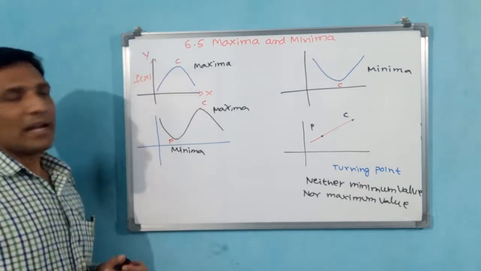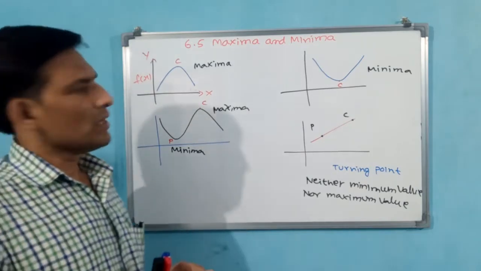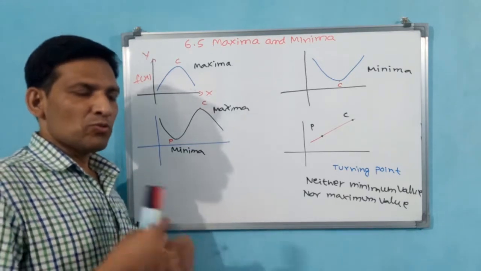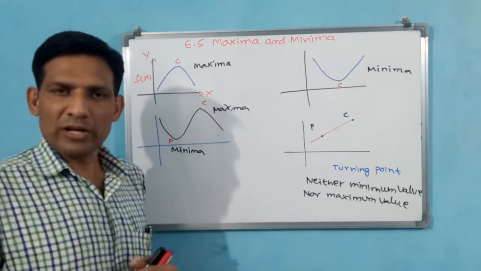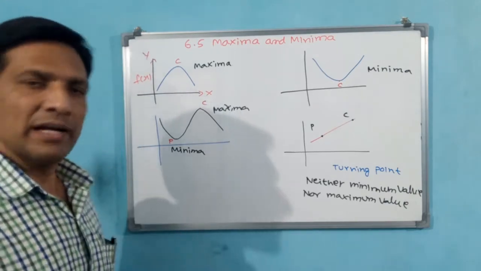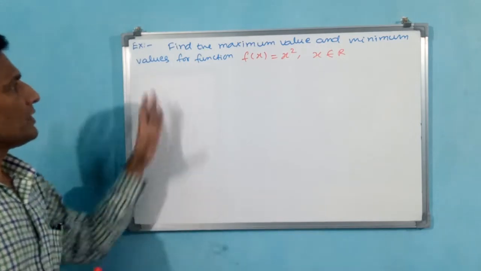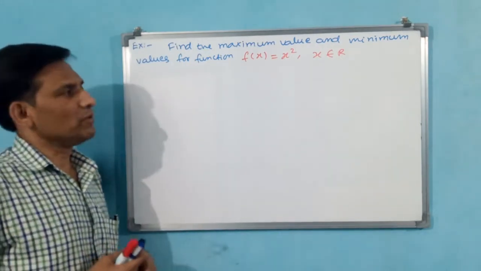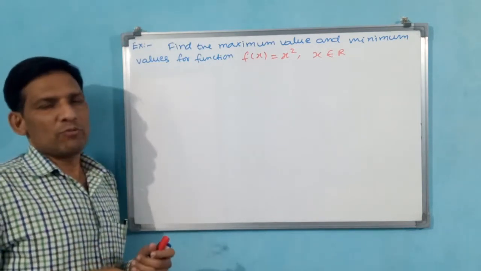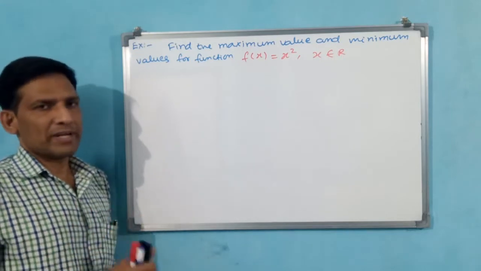Okay, let us go for examples. 2 examples we will do. I think the concept is clear to you. With 2 examples we are going to understand the concept more elaborately. Then we will go for exercise 6.5. Okay, let us go. See the example, example 1. 2 examples only I am going to give. Afterwards we go for the exercise directly.